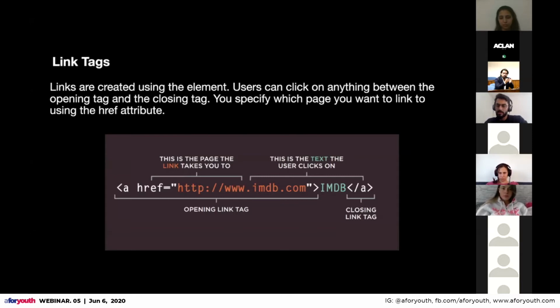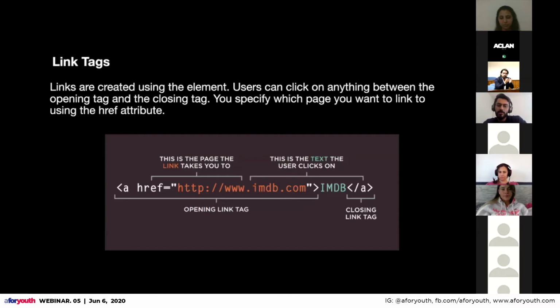A is used as a button as well, and there is another tag button for buttons as well. But buttons and these A tags are called link tags because they actually refer to another website. So if you click A, it's going to take you to another page, and then you actually specify.